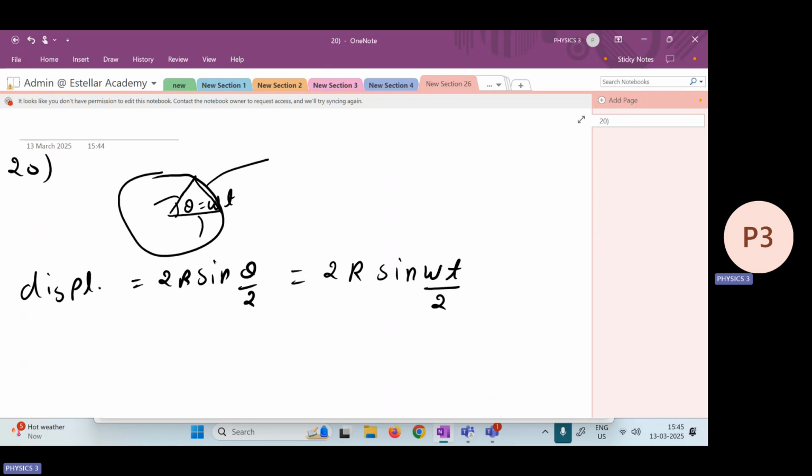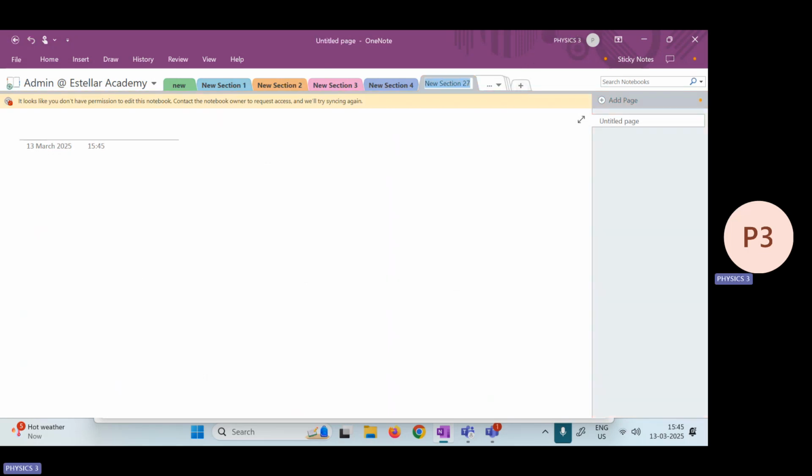So D option would be correct, right? D option would be correct. Now let's go for the next question, which is the 21st. The 21st question says that a car moves on a straight track from station A to station B